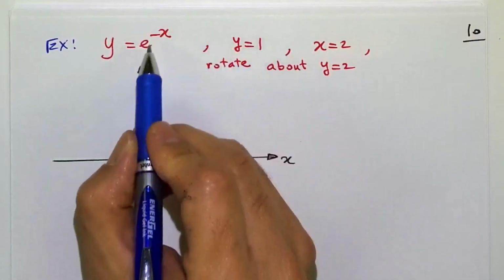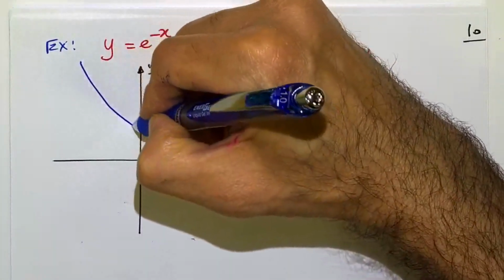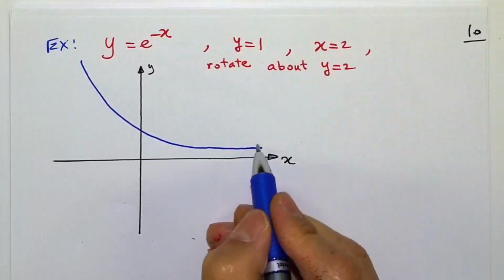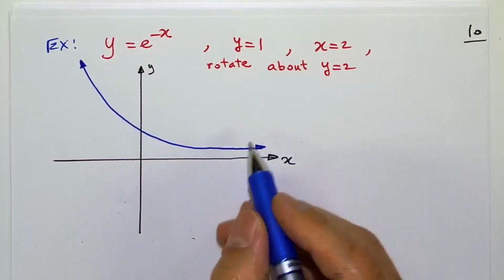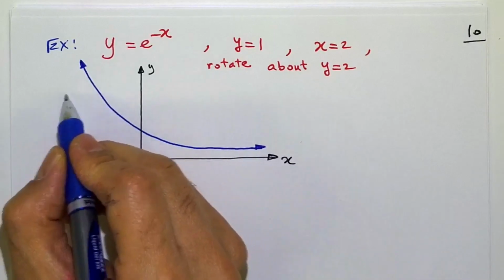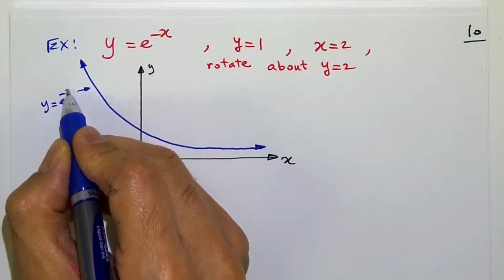An increasing function. But because of that, we will have this kind of scenario, like that. And so this is y equals e to the negative x power,